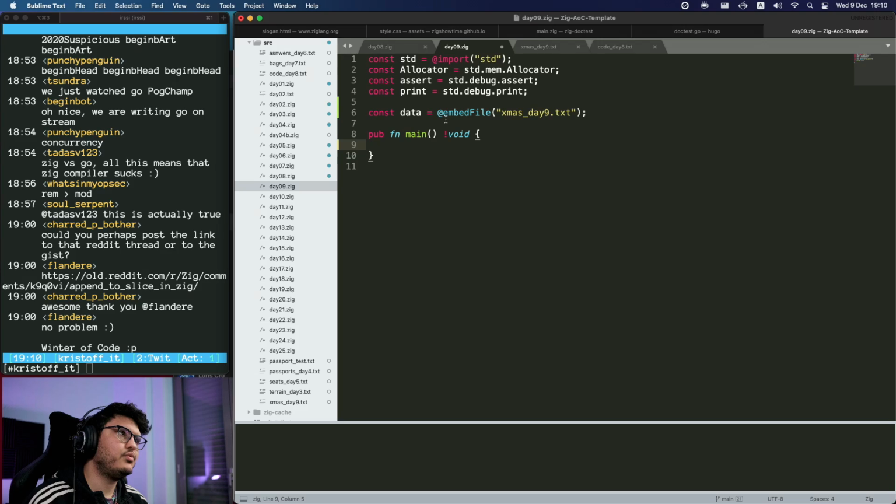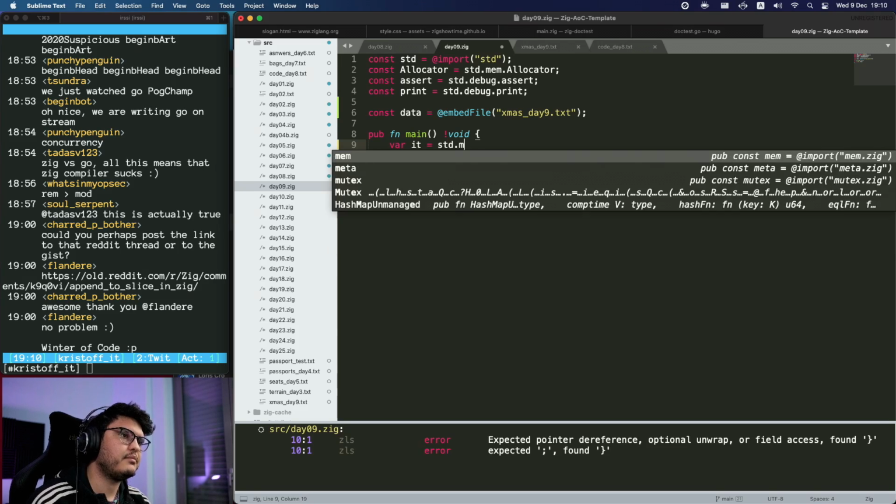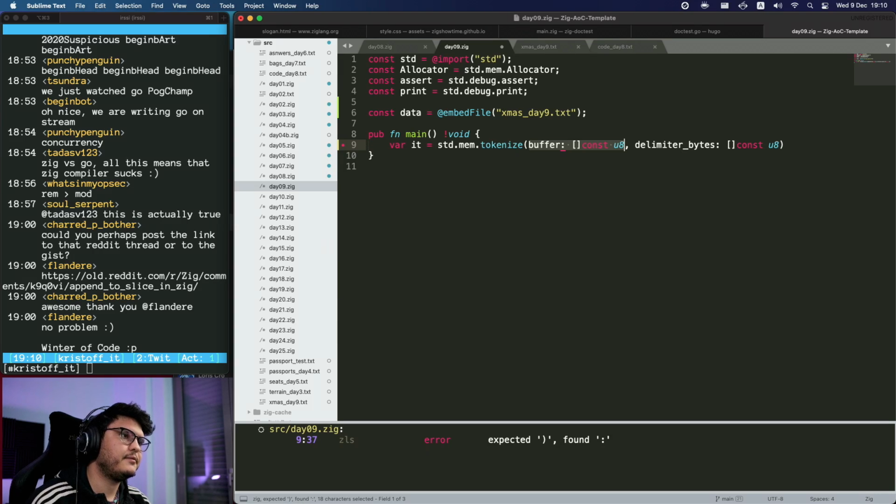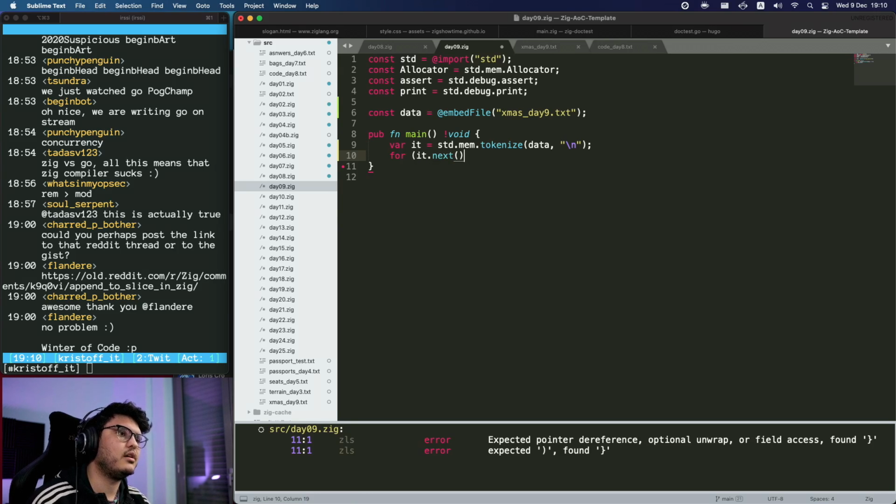Okay, we want to read all the numbers, I guess. Well, no, we don't even need to do that. We can read that as we go. So var iterator is std.mem.tokenize. Want to tokenize data, and the delimiters are just a new line, nothing else. So for it.next, and wait, I'm wrong. This is not a for loop. This is a while loop. While we have a next that is not null,